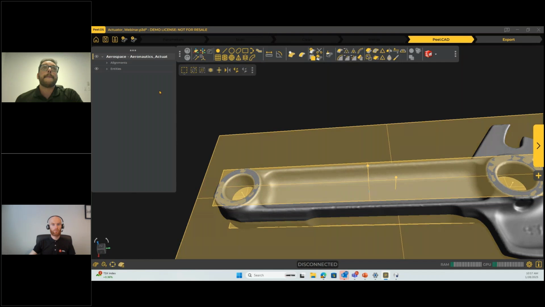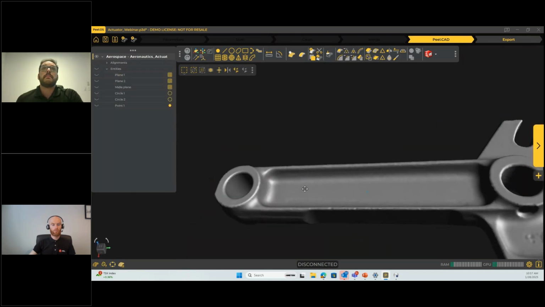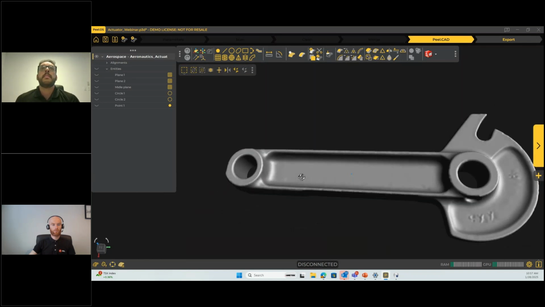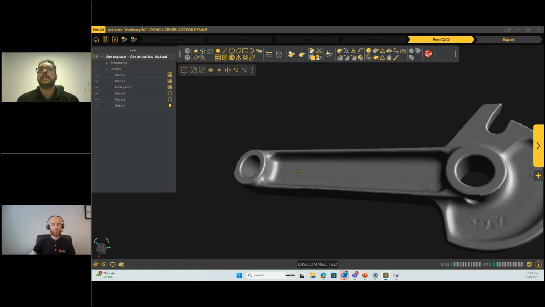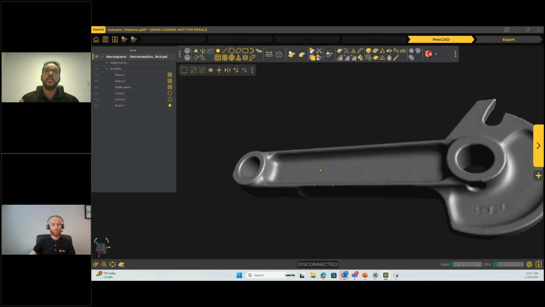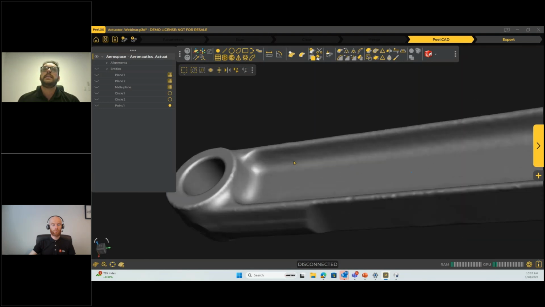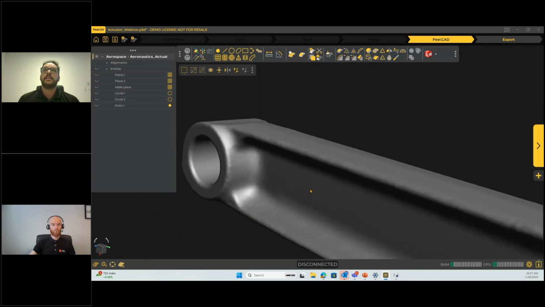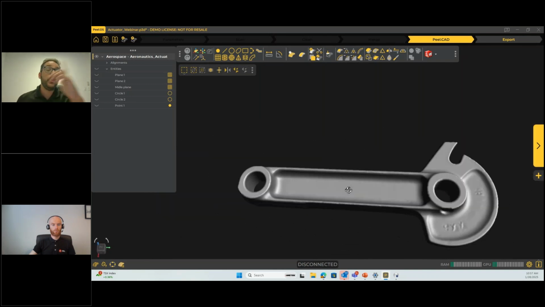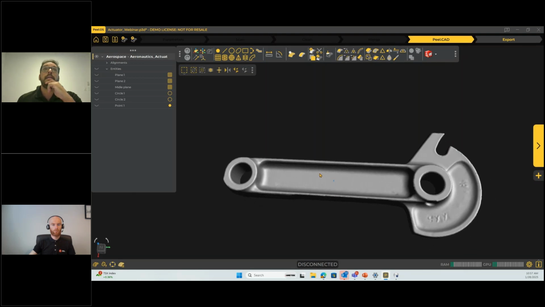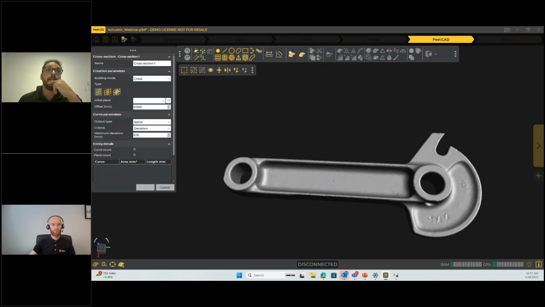I will hide the entities, and then this is something that is hard to measure with the normal tools, but with the scanner, it's really easy. This surface here, the curvature of this surface. So the tool we can use to extract that is the cross section. So we're using a cross section, and then